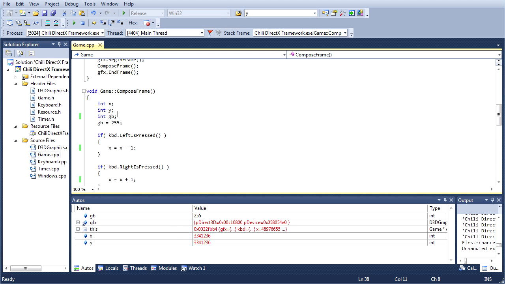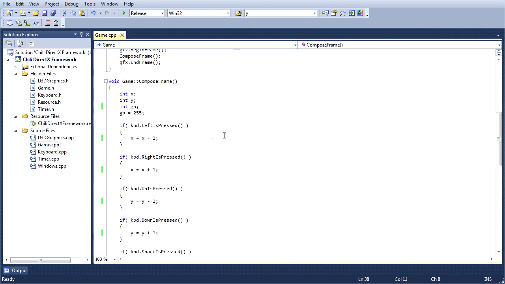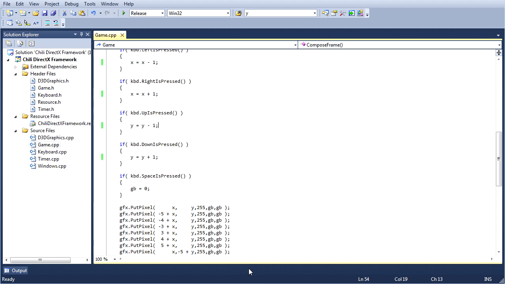We have to set... Let me just get out of this debugging mode here. We have to initialize our x and our y. But if we initialize it in the compose frame here, we're gonna get Groundhog Day. We're gonna get amnesia, and every time we're not going to be able to accumulate a value for our position, which will allow us to freely move around the screen.